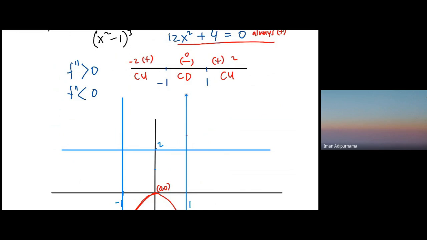When x is getting closer to 2, it goes here. When x is getting to negative 1, it goes here, okay? And the same thing for the right part. So if I draw the left part, it should be